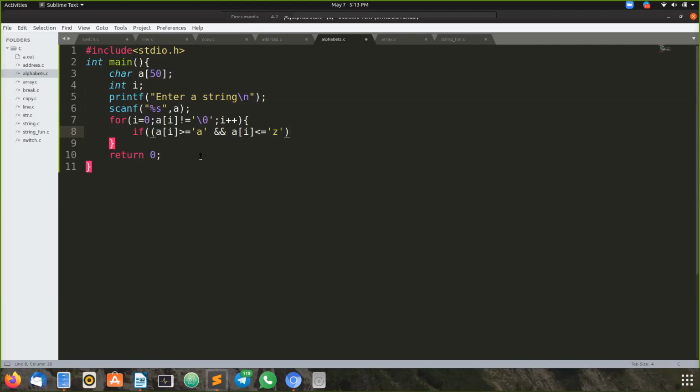Again, we can write the condition and a of i, that is the character, is less than or equal to capital A, and that a of i, this is not less than, greater than or equal to, and less than or equal to capital Z. Is this condition correct? What I have written?